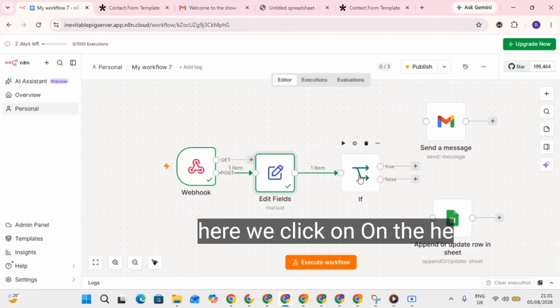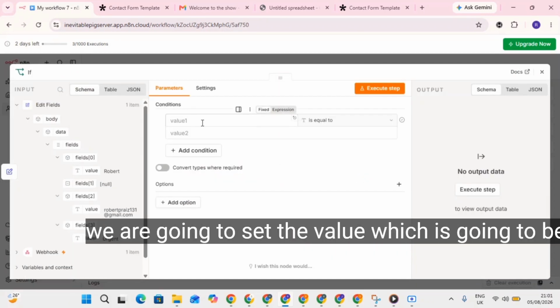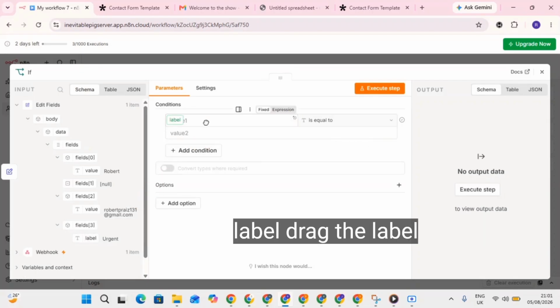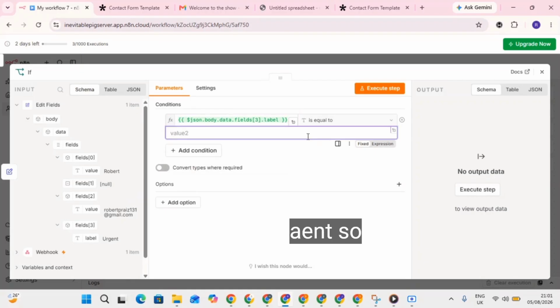So we go here, we click on the if node. Now the if node is what we are making use of today. And then now we are going to set the value, which is going to be label, drag the label here, is equals to, so we type urgent. So now,